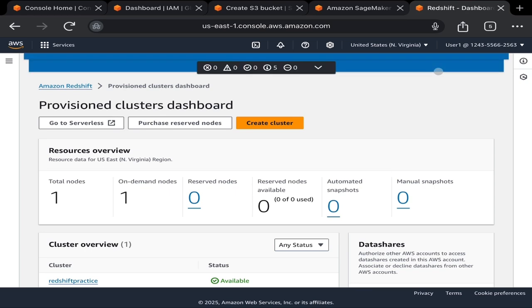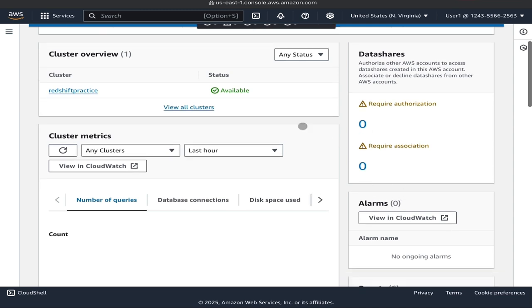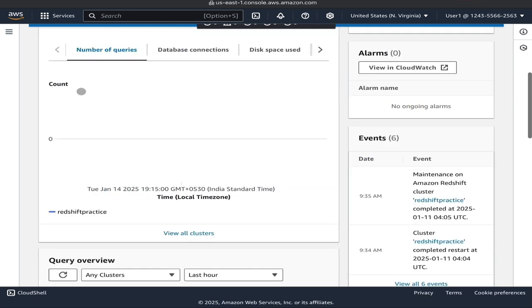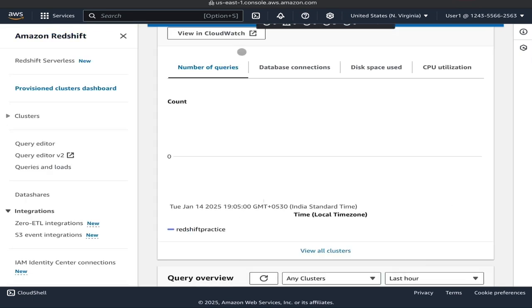So you can see that it's not showing any error, so you can understand that you have access. Now you can see that there is already a Redshift cluster available. You can also click on that and let's see what will happen.